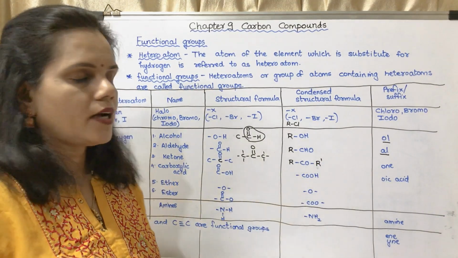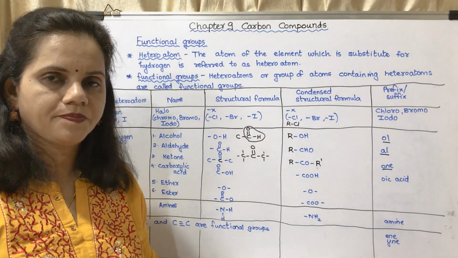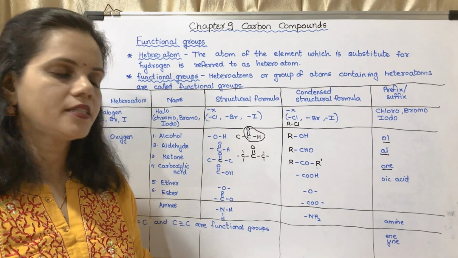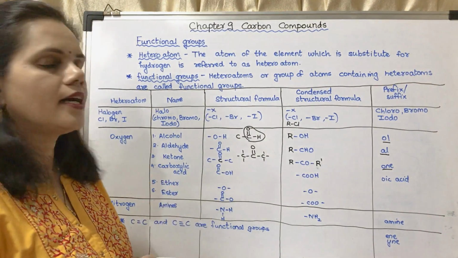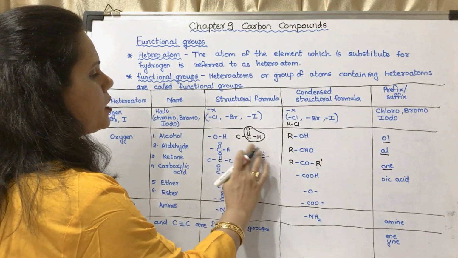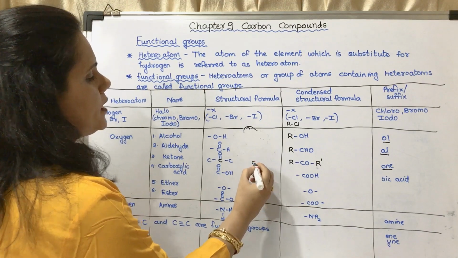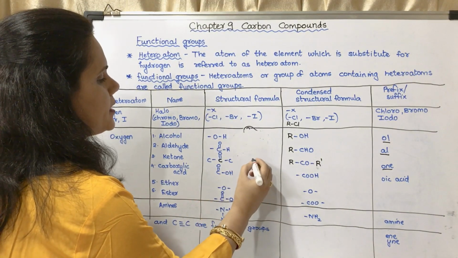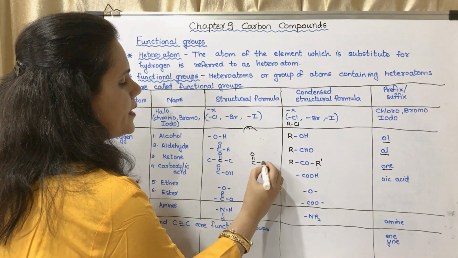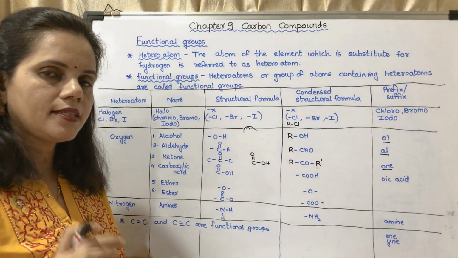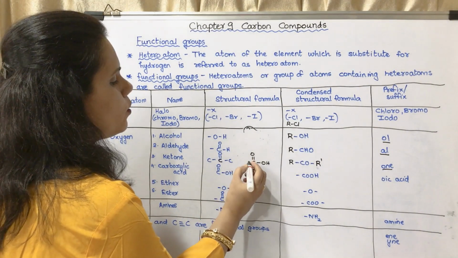To the name of the compound you have to add the suffix ONE. So this is about ketone. Now the next is carboxylic acid. In carboxylic acid, this is C, and that C is having a double bond O, and towards one side there is OH. This is compulsory. It will be towards one end.